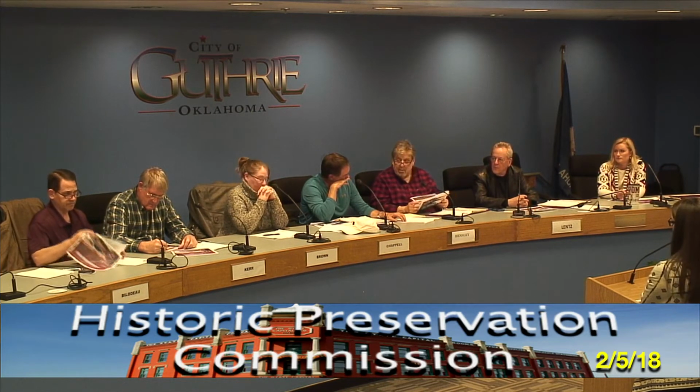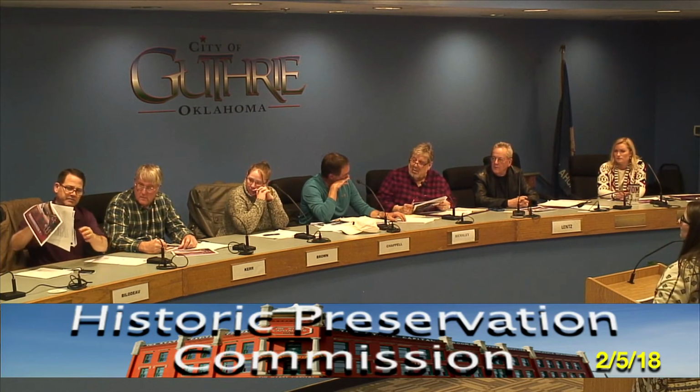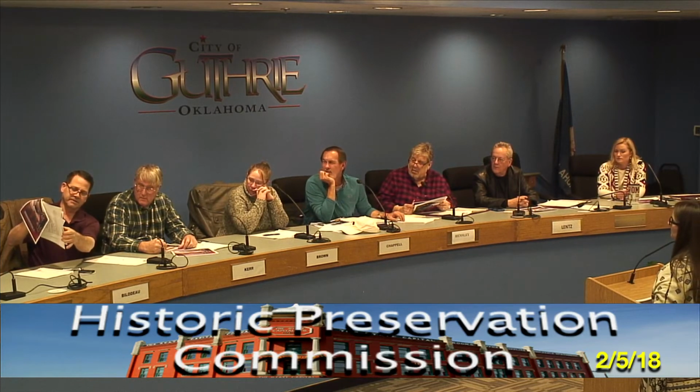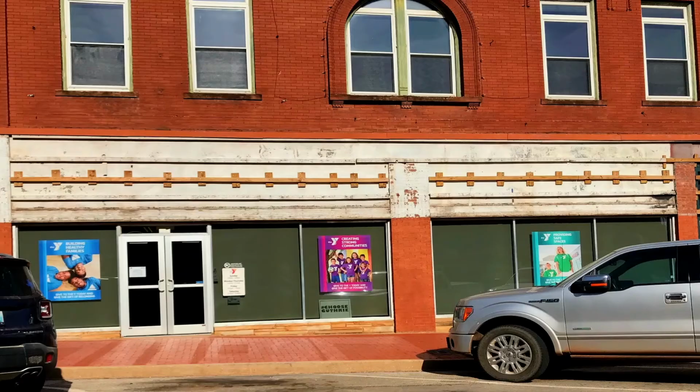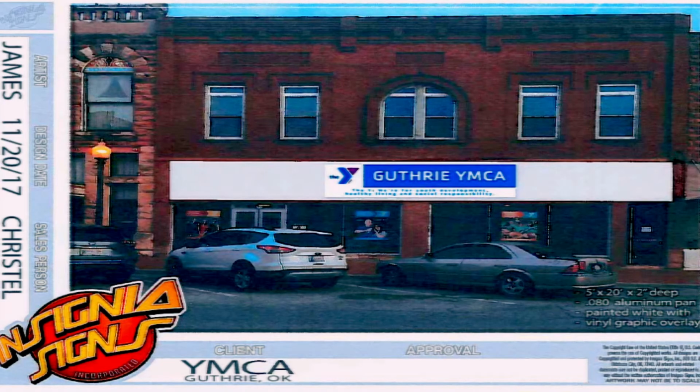From this picture, there's clearly white paint on the pilasters. This pilaster, where it's not, was that just an artist rendition? Did they just color over that? I think so. Yeah, I would like to see the white paint come off, but my other problem is,